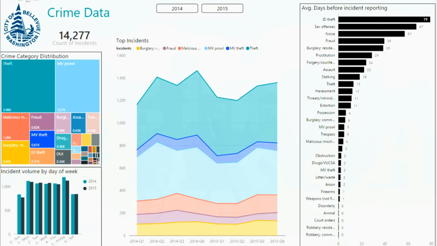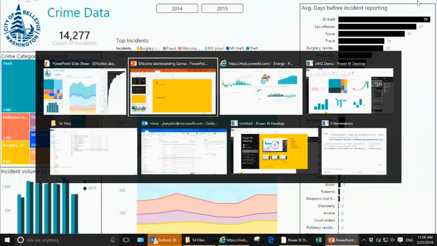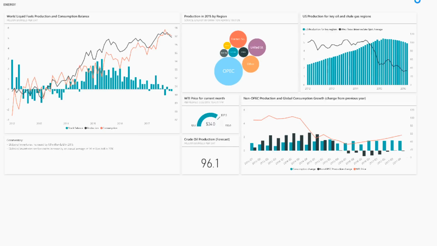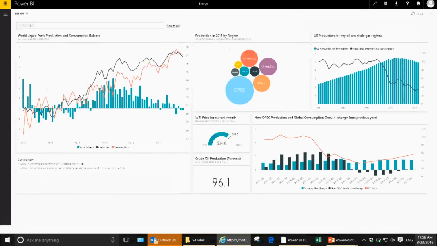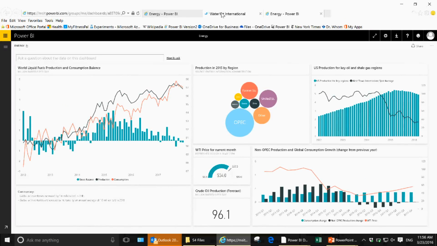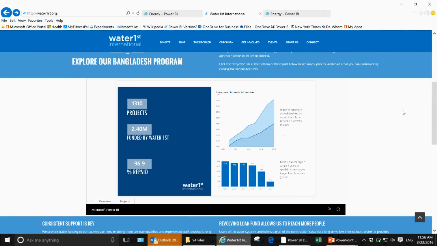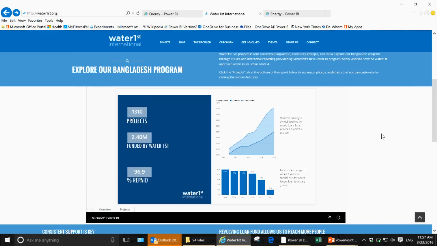Let me see. I'll have one more example of a web interface. So this was really an example of a dashboard. What we have here is a report that's published to web. I can see if I can zoom in. No, I don't know how to do that. So this is a